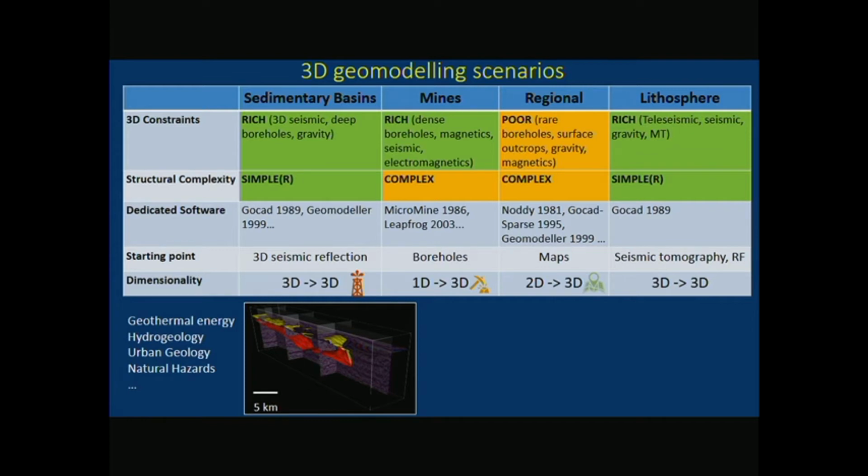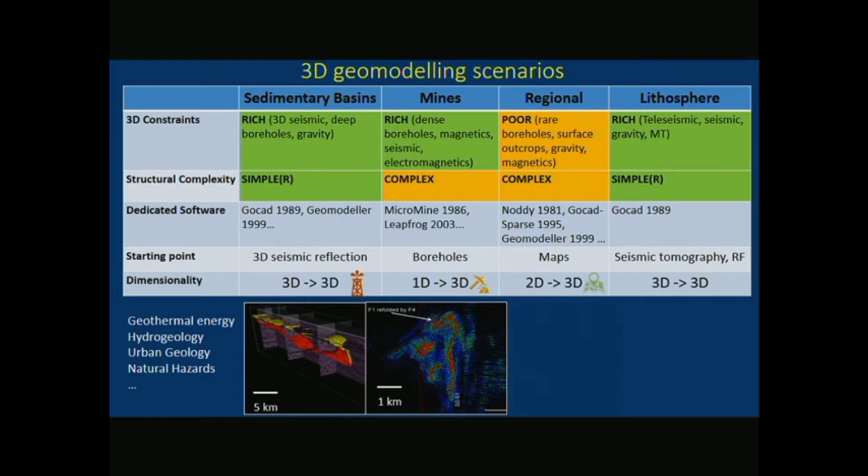If you're in the mine space, you've got lots of borehole data. The geology is very complex. There's lots of dedicated software. There's lots of different types of data available. But it's essentially a 1D to 3D transform because you've got boreholes. You've got lots and lots and lots of boreholes. But essentially, you're using them to make your 3D model, and everything else is subsidiary. The fact that the boreholes are going in all sorts of directions helps you, but you're taking information from a very small, thin line in space and then extrapolating out.